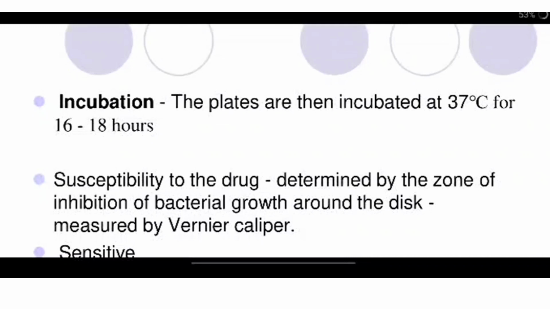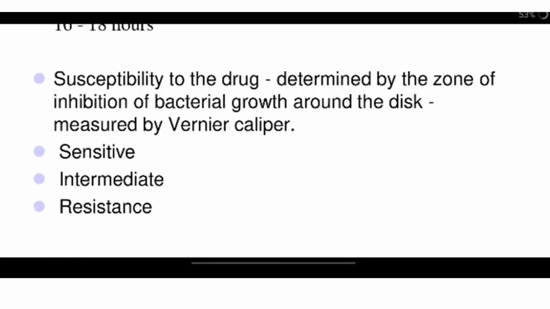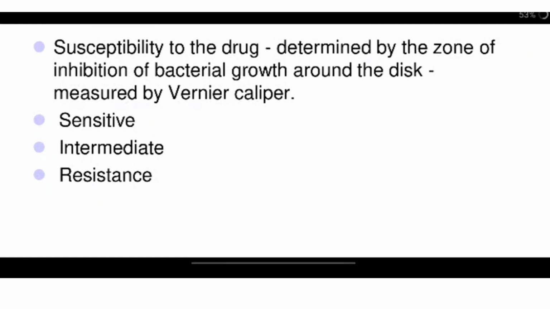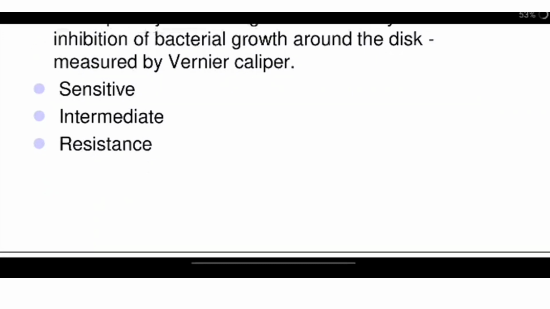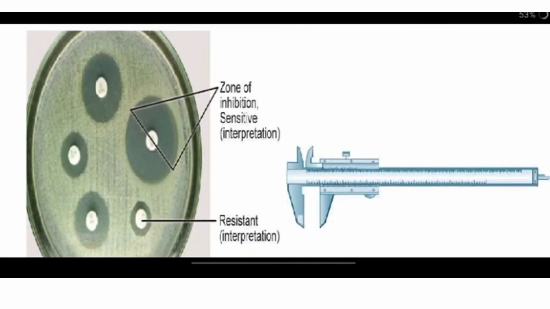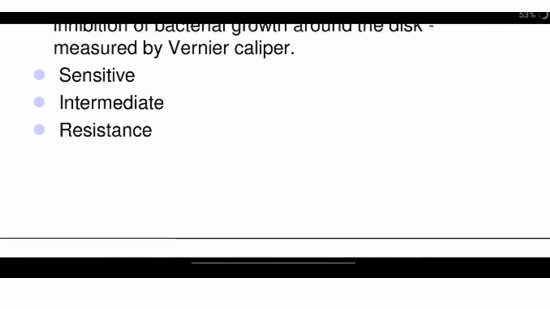Incubation: the plates are then incubated at 37 degrees Celsius for 16 to 18 hours, or it can also be done up to 24 hours maybe. Susceptibility of the drug is determined by the zone of inhibition of bacterial growth around the discs. As you saw, on the MHA plate on which the different discs were placed, there are zones of inhibition, which is